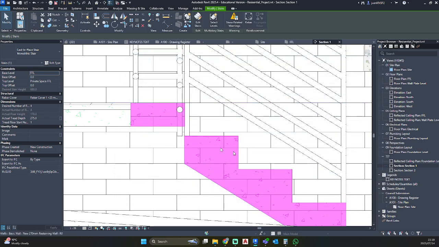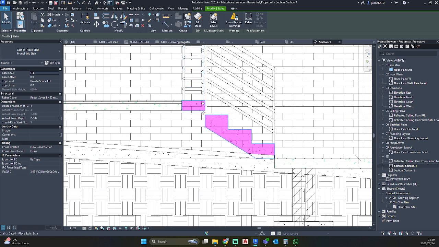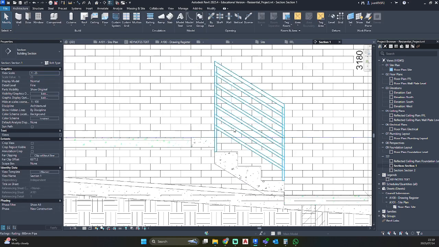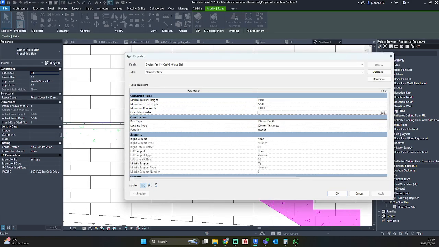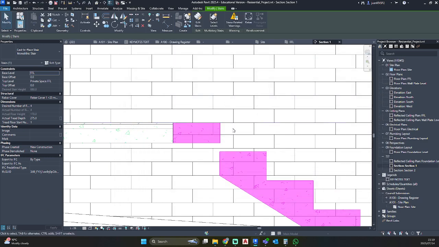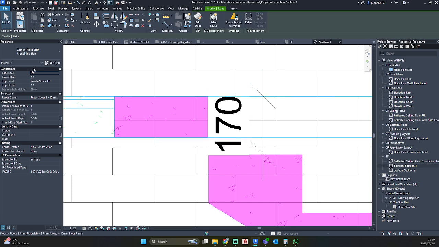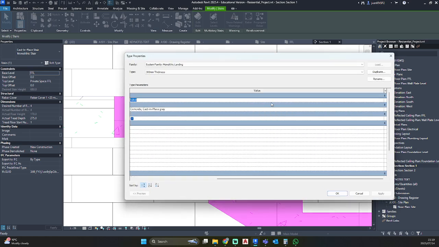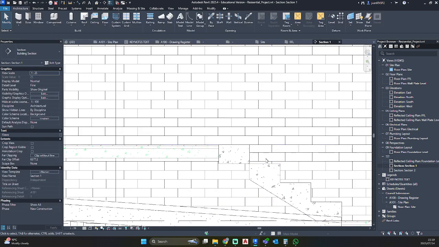Press Apply and OK. And as you can see now, it is what we wanted, but we want it to connect there. So I'm just going to select the railing and delete that out of the way. Then I'll select my staircase again, Edit Type. Let's check the dimension from here to there. It's 170. So we now know with our riser height that we need to change this landing from 120 to 170. Let's hit Apply and OK, Apply and OK. Just going to delete the dimension.